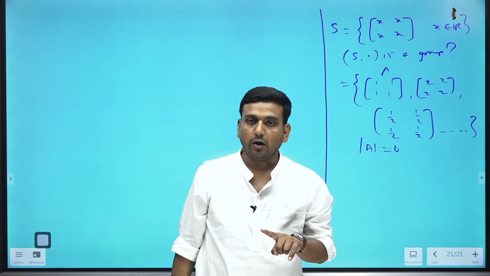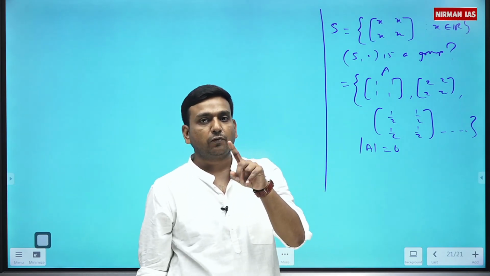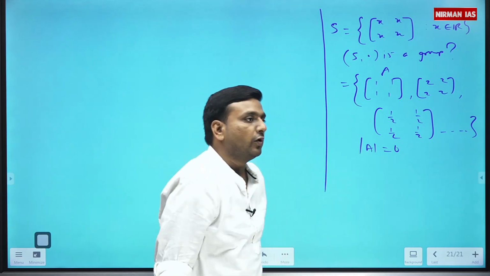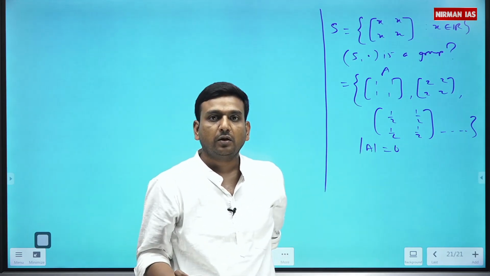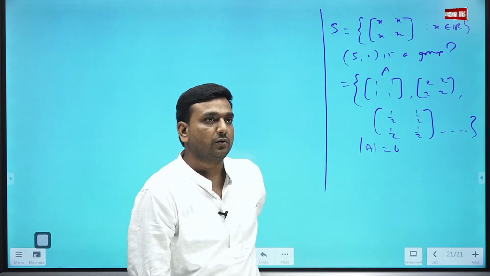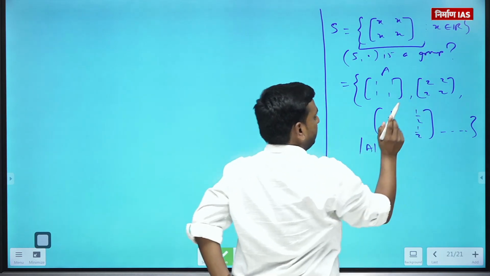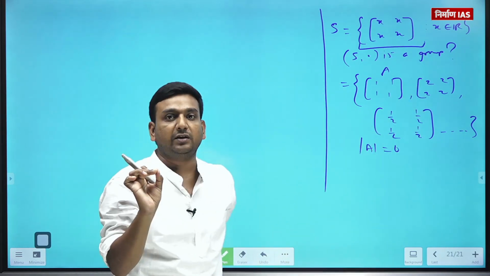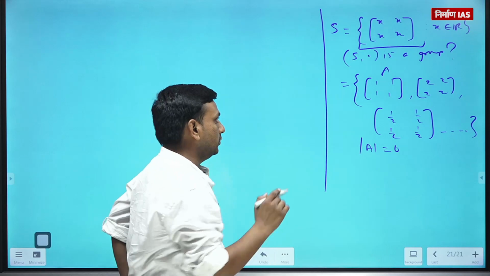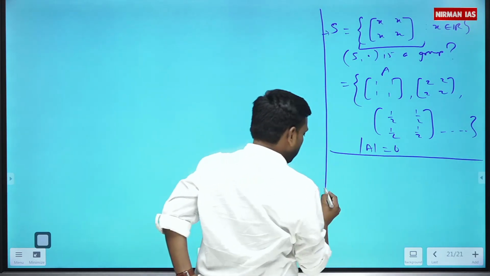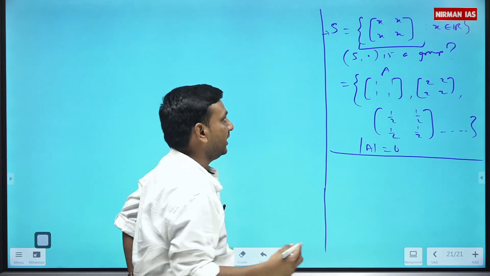Then you will recall the general linear group. There I stated that with respect to multiplication, if we want to form a group, then this determinant must be non-zero. But here this is not a general collection, this is a very specific collection. So for this, if I want to check whether it is a group or not, we need to check